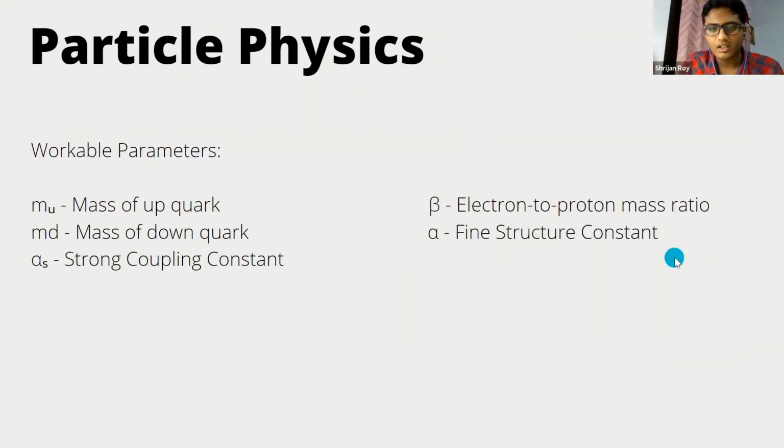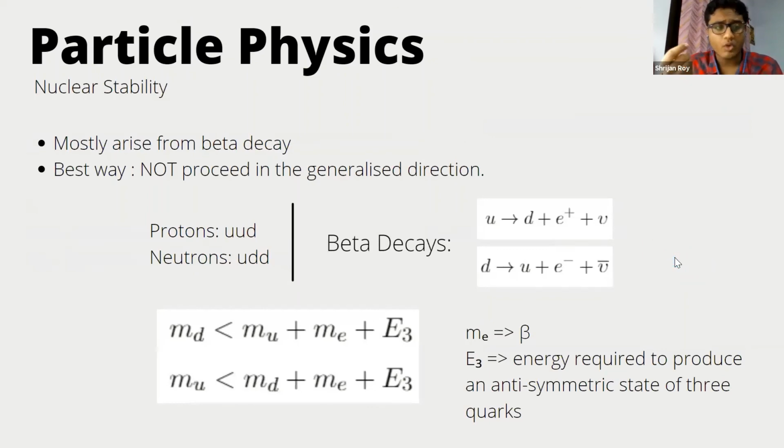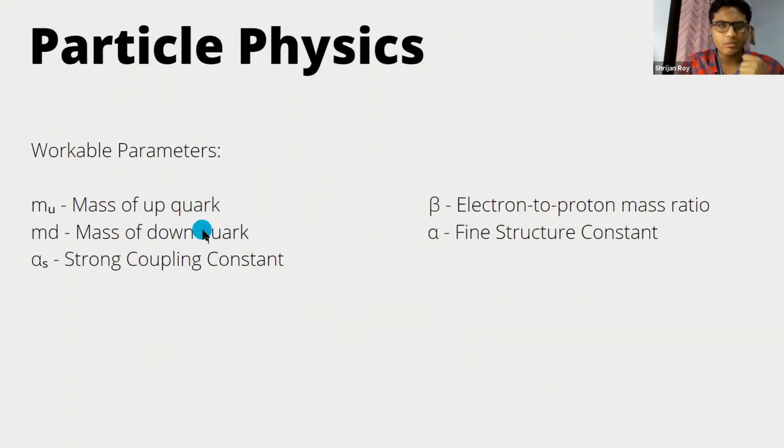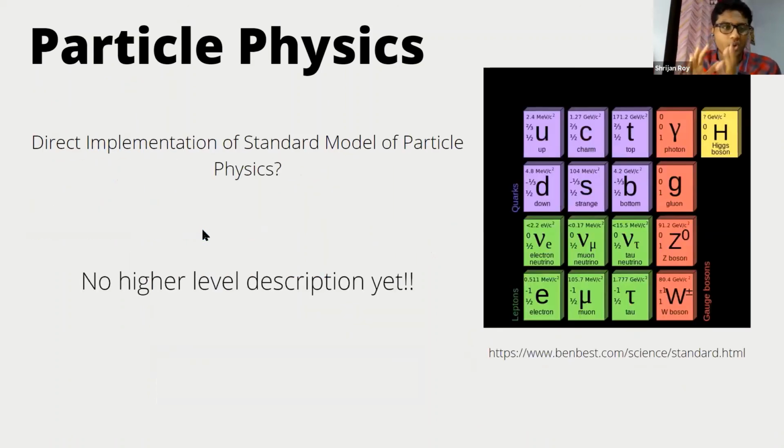If you consider the up quark and down quark, they are also very subatomic in nature, but we may relate them to beta decays, and that is something we may relate to a fine tuning argument, that we don't want a beta decay to happen in a certain direction. But for leptons, for bosons and stuff like that, we can't formulate or model an argument for fine tuning in that aspect at a higher level of description. So maybe that's the reason we don't have that.